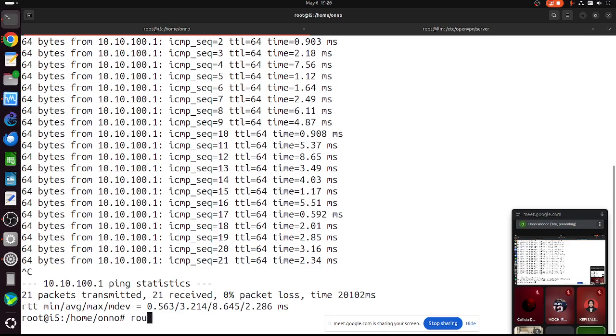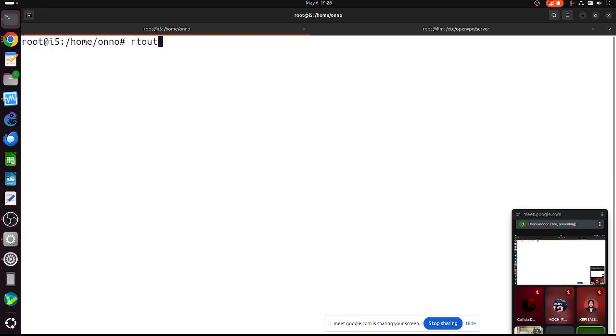Let me add route add -net 172.172.172.0/24 gateway 10.8.0.1. Okay,